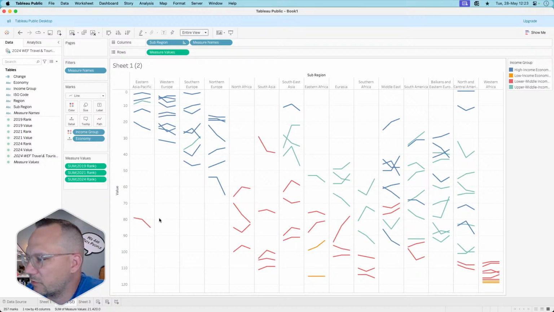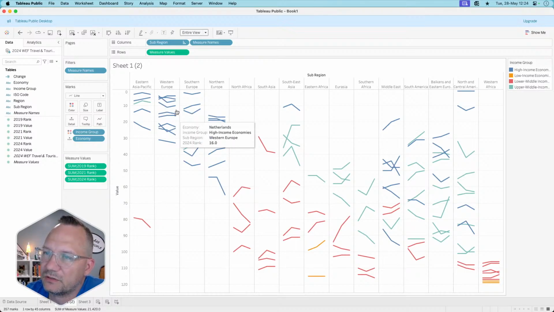I think this works pretty well because what you're able to see is which subregions have countries at a higher ranking, as well as which subregions have higher income, right? So you can see here,